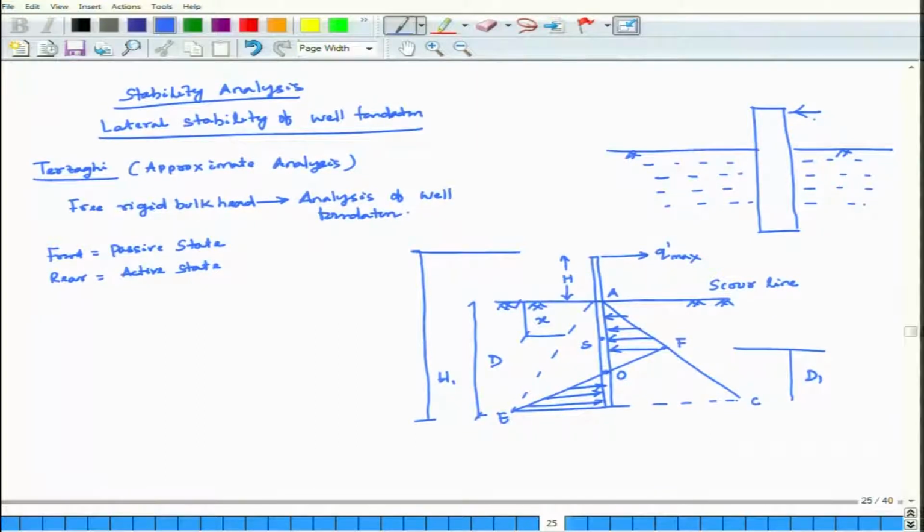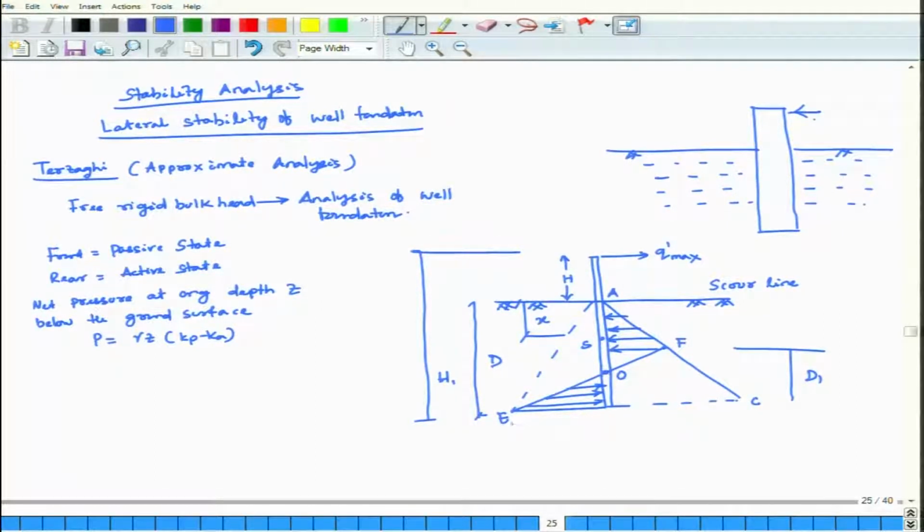Both active and passive resistance are fully mobilized. Then the net pressure at any depth Z below the ground surface